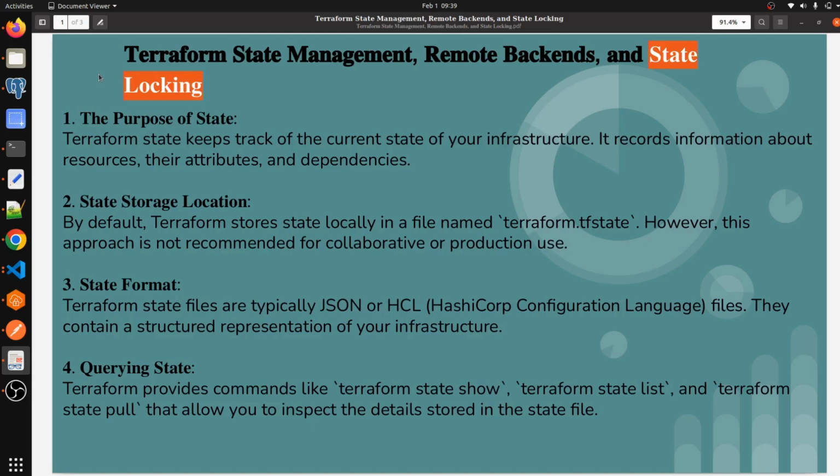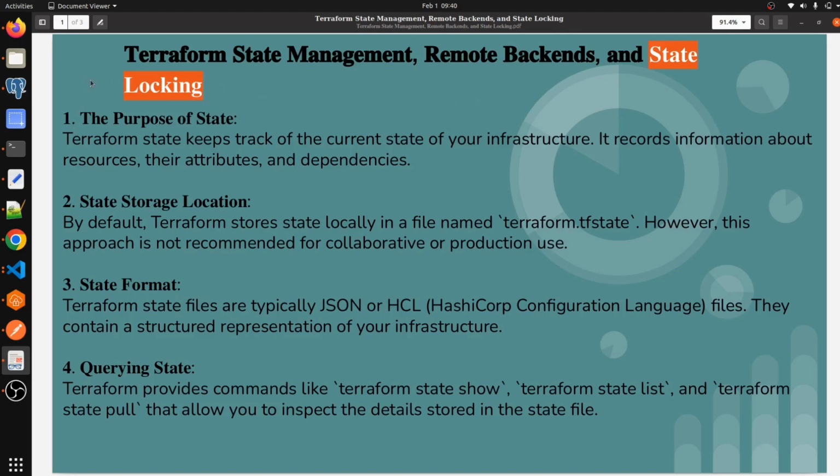So whichever user out of the 10 runs the Terraform apply command first, Terraform will create a lock using the Terraform locking mechanism with the help of DynamoDB, okay. So whenever we are going to use the state locking mechanism, we have to create a DynamoDB table, okay. Only then can we implement this feature.